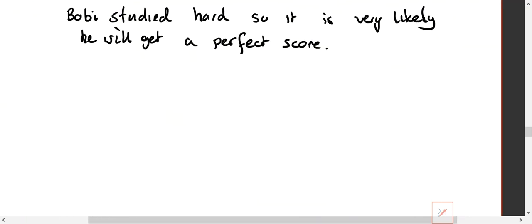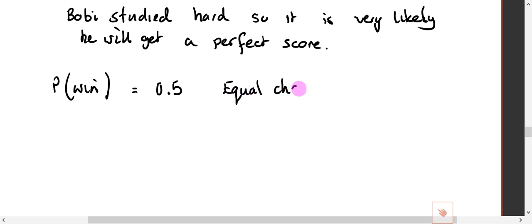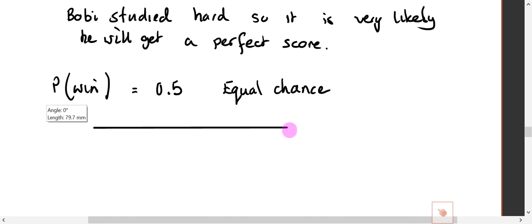So, the probability of win is, what does it say, 0.5? Very unlikely. No, I wouldn't agree, no. It's 50. So what do we say? Oh, it's equally as likely as unlikely. Oh, I put equal at first. Dang it. Equal chance, isn't it? Because 0.5 out of 1, if you think about it,